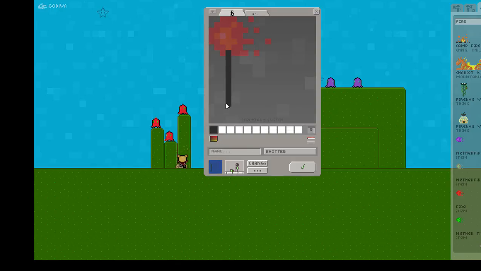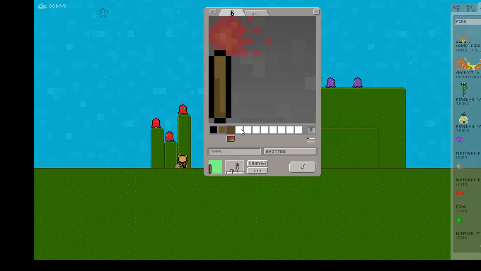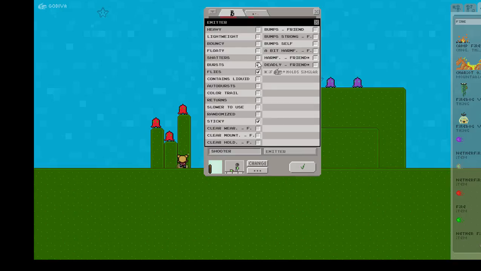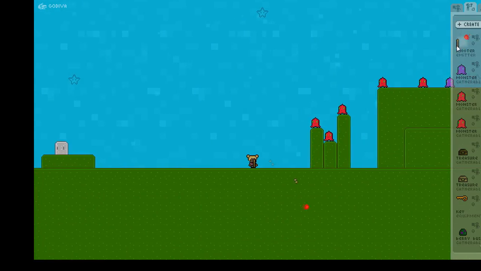And I'm just going to draw a very basic magic wand. Okay. I'm going to change the properties because it's going to have the same properties as the old item I cloned. So now when I equip this,